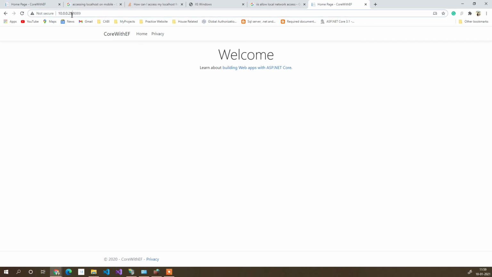And do mind that your local IP address will be used for accessing those websites, because we tend to confuse it with localhost. Localhost doesn't have any meaning on another network. So always remember to use the IP address along with the port number of your website.